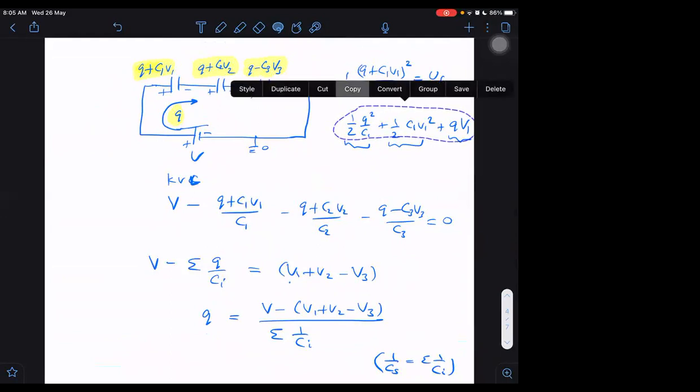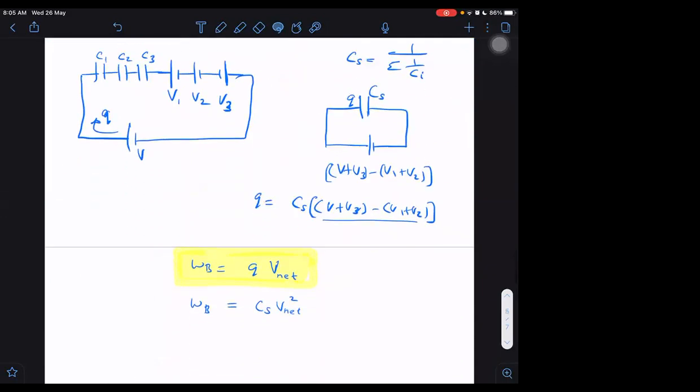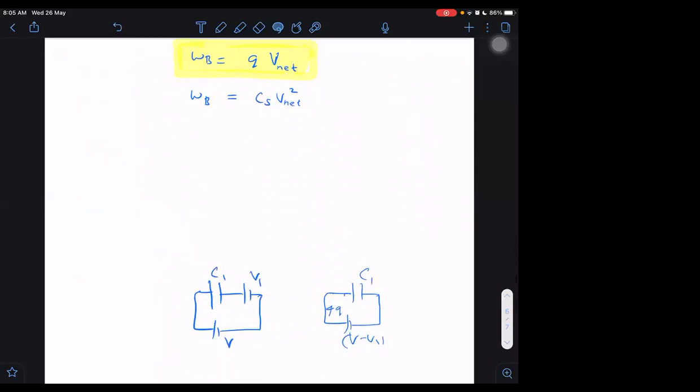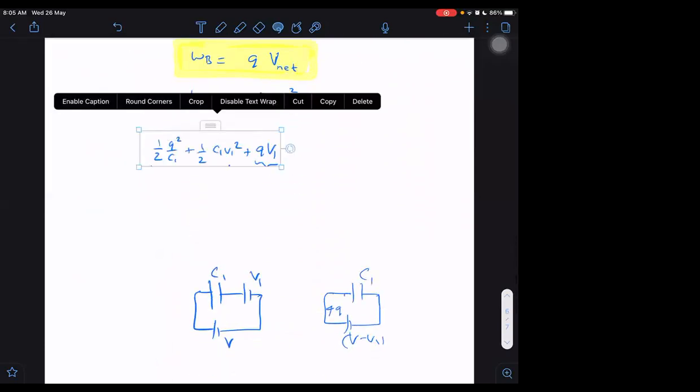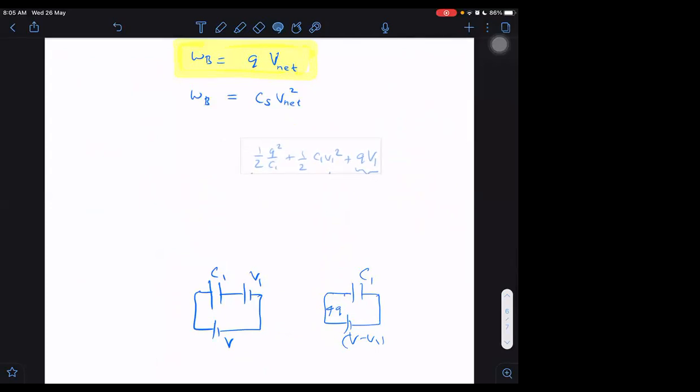Let me take it from here. Final total energy stored is this. So now, work done by battery